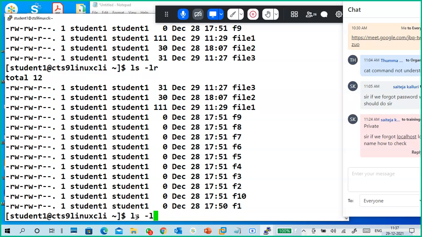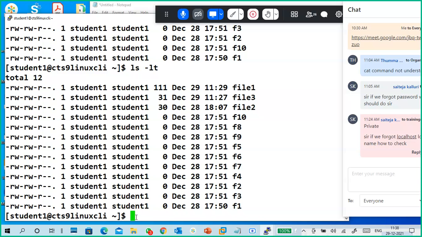Right, ls space hyphen lt. Now tell me, what do you observe? Look at the time. First one is December 29, next is December 29, then 28, 28, and see the time.